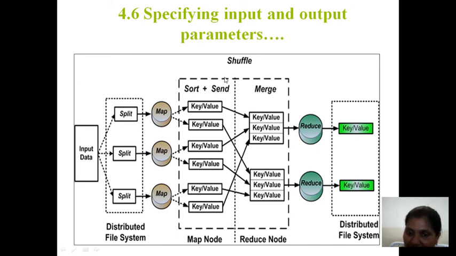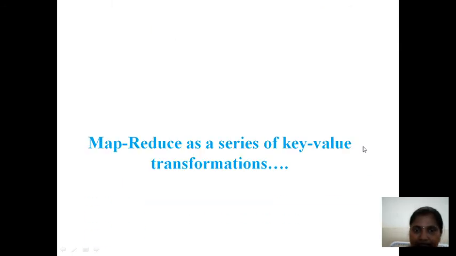For example, we have 3 parts, but we have only 2 reducers. What we have to do? We have to give the first part of each mapper to the first one. Means see, the first part of the first mapper we are going to give, the first part of the second mapper, and the first part of the third mapper we have to give. So like this, we have to align all the key value pairs. Later we have to merge and feed to the reducer to get the key value pairs output in HDFS.